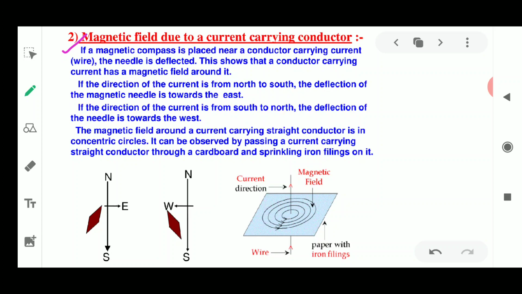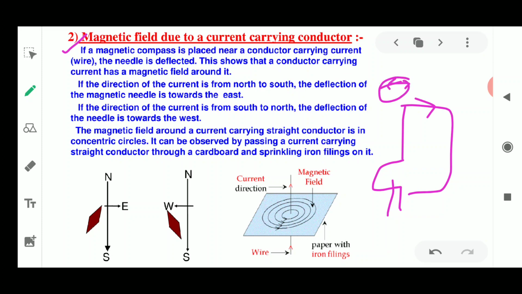If you take a wire, you have to connect it with the help of a battery, and then you will see that once the current starts flowing in it, and you bring the magnetic compass near this current flowing conductor, the needle shows a certain deflection. This magnetic compass tells you in which direction the current is flowing, and it also tells you that certain magnetism is generated, a certain field is there. The magnetic field is also present in the current carrying conductor.